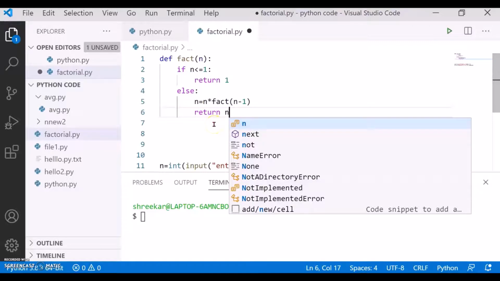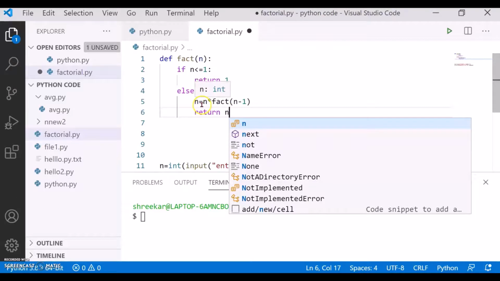Let's take another example, like 5. First, n equal to 5 into fact of 5 minus 1, 4, fact of 4, and again fact of 4 is called. Is 4 less than or equal to 1? No, so the else statement works.